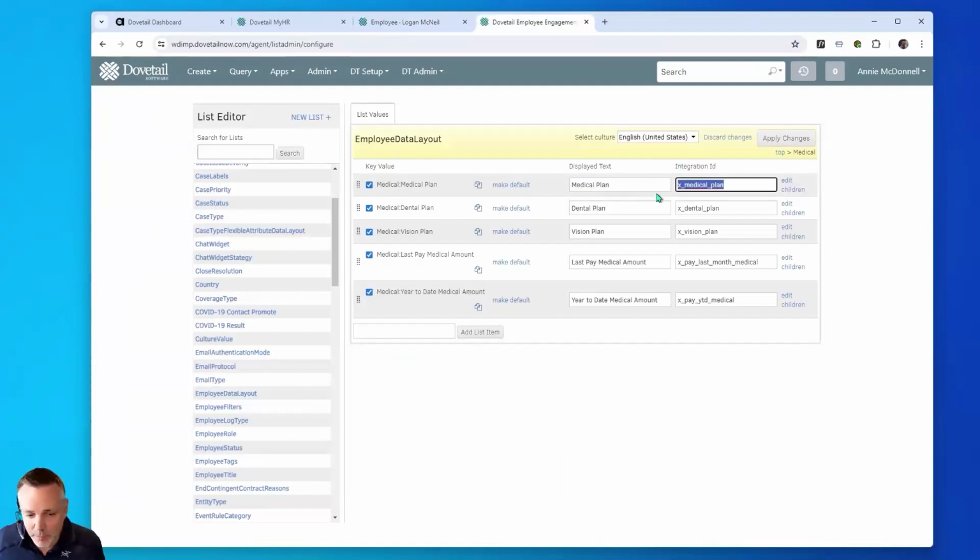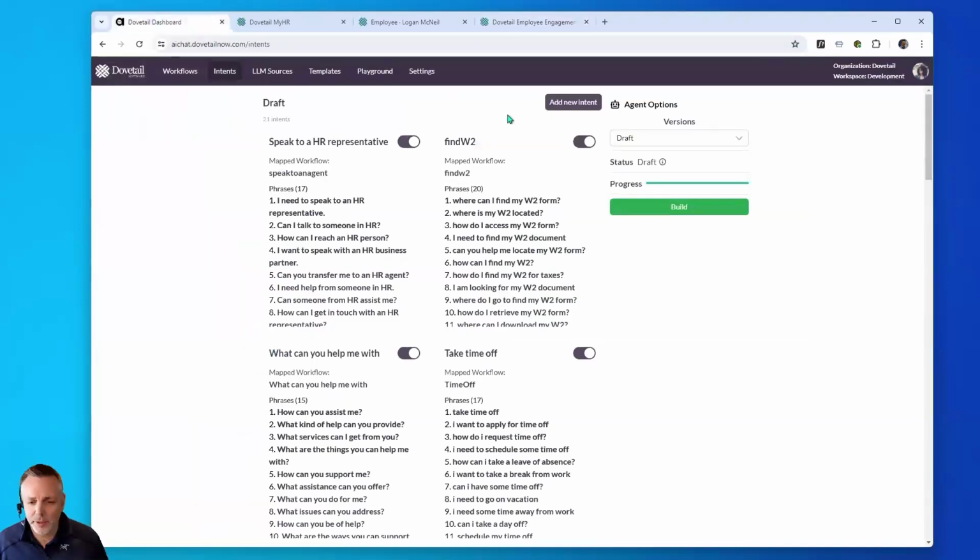And usually it's just the plan name is all they want. So here in Dovetail, I'm showing you we can have custom fields show that data to the HR person. When it's in Dovetail, which is fed from your HR system, we're then able to expose that data into Copilot. You can do the same with third-party systems, but this initial scenario is how you do it with